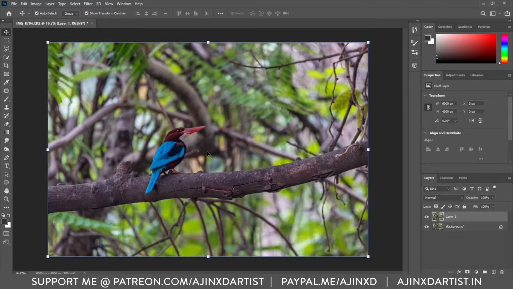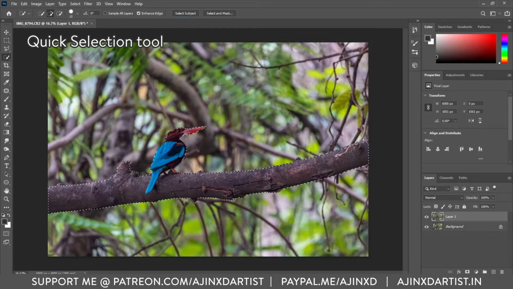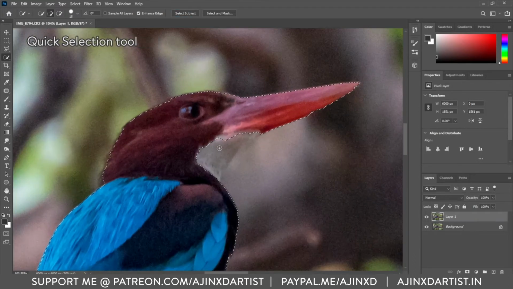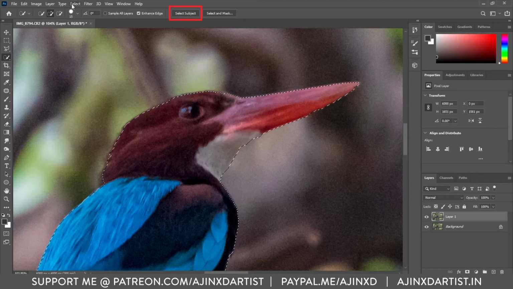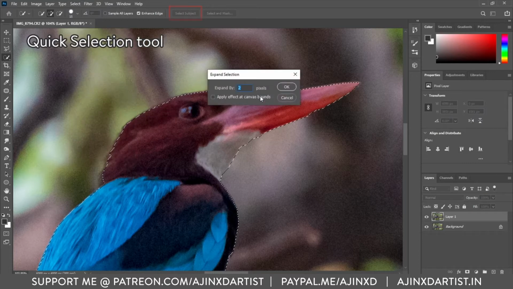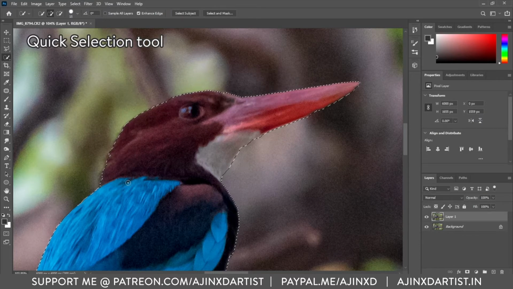The next step is we go to the magic wand tool or the brush select tool, and then we select our subject, the option in the top center. With the brush select tool, we can further enhance our selection.